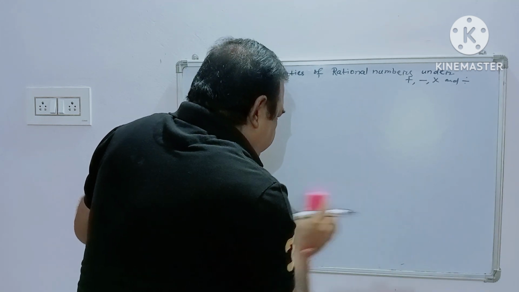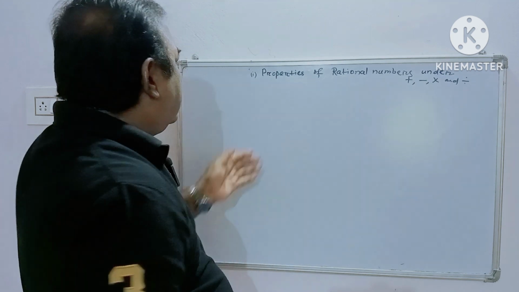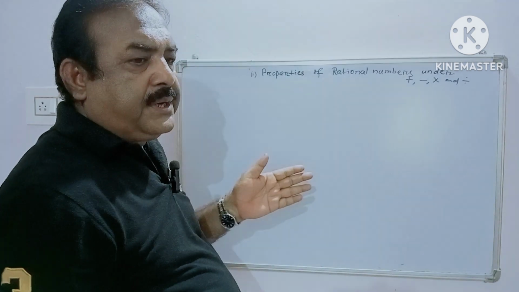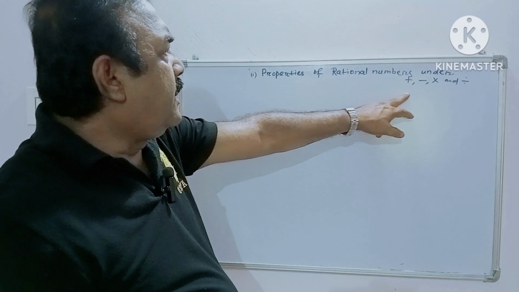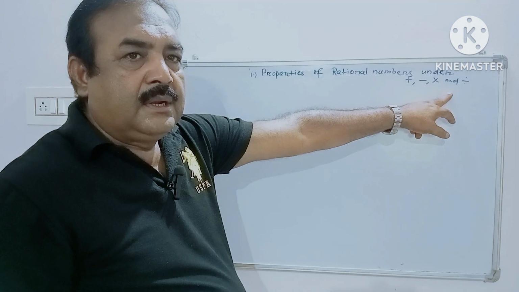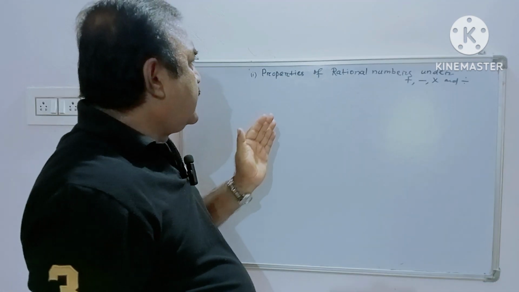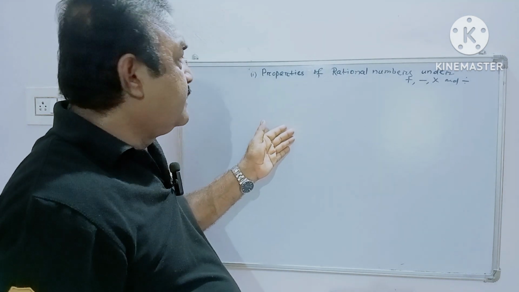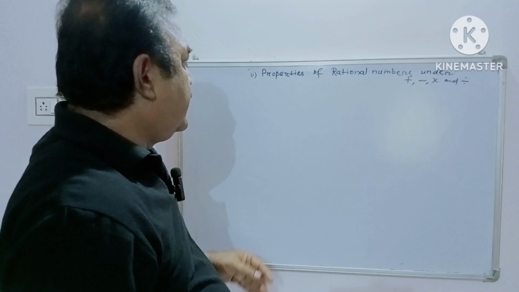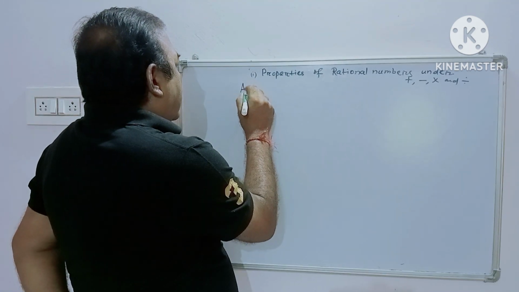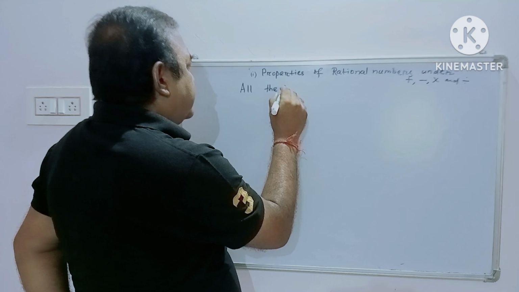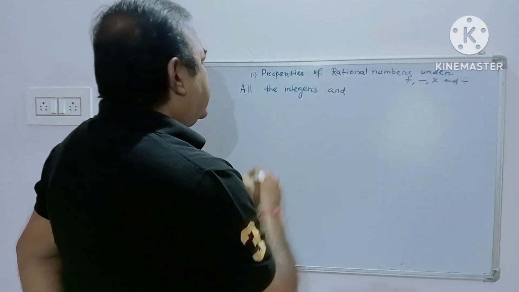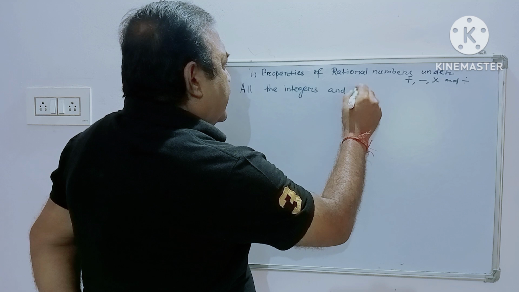Already about the integers, we have proved them, their properties, closure property, associativity, commutativity under different basic operations. And exactly the properties of the integers and the properties of the rational numbers in these cases are exactly same. So we can write all the integers and rational numbers